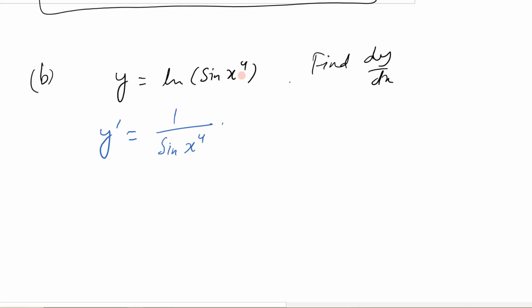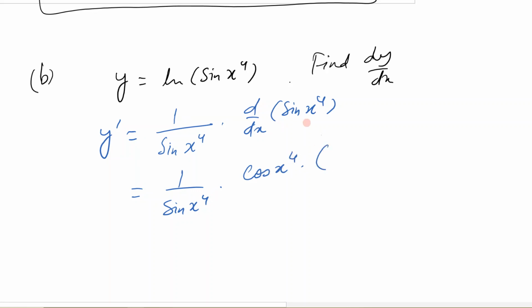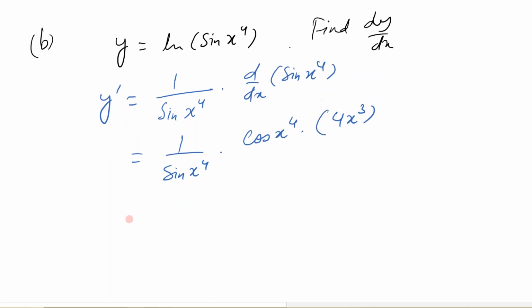And then by chain rule, we also need to take the derivative of the inside. So this was the inside: 1 over sine x raised to power 4. So the derivative of sine x raised to power 4 is cosine x raised to power 4. And by chain rule, you also need to take the derivative of x^4, which is 4x cubed. So we get,